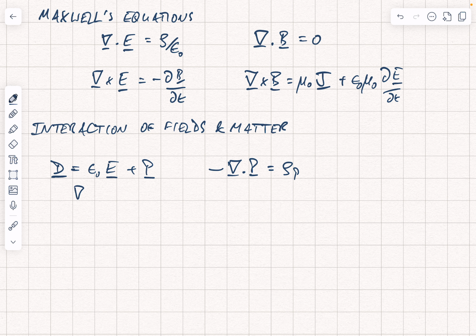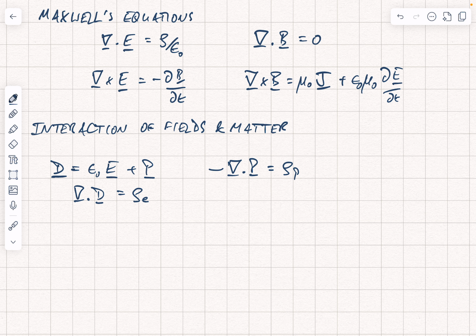And we can also write the divergence of the D field is equal to rho E. And I'm putting an E on the rho there because this is the external charge density, something which has been added to the material from outside, and that determines the D field. So these equations are always true,